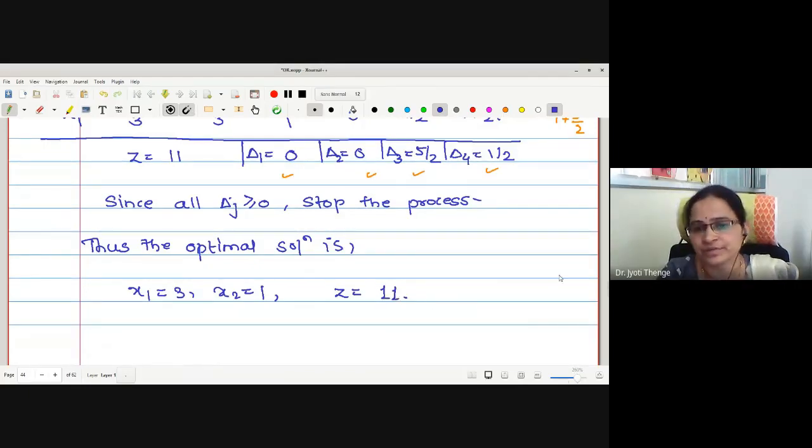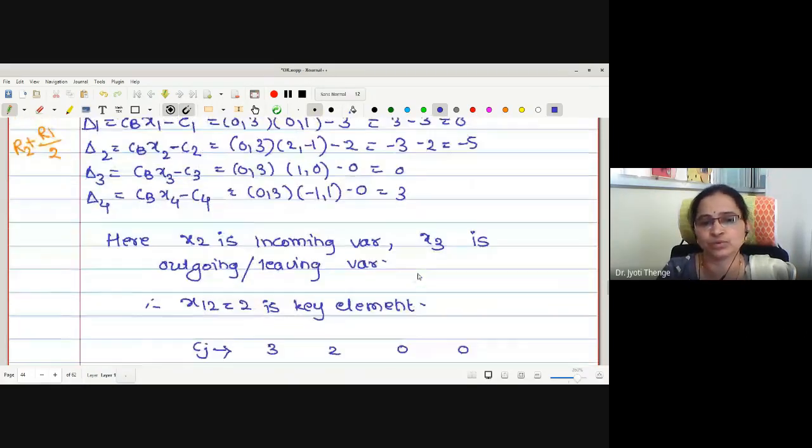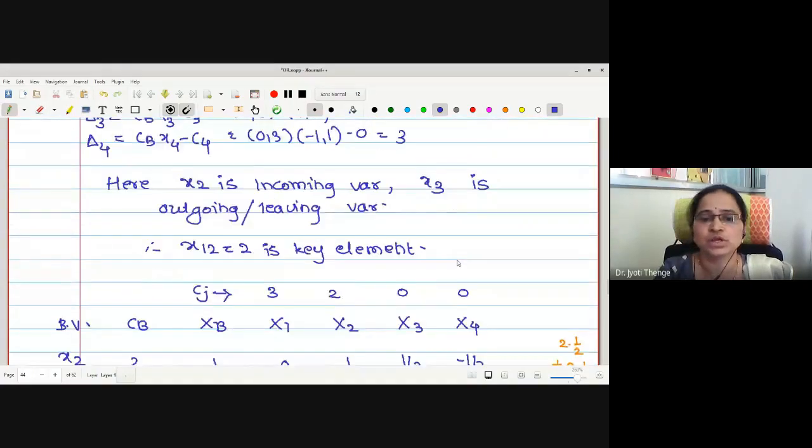Okay, understood everyone? When we have to stop the process, when we have to do calculations and all. One thing to remember while performing row operations, whatever the row operations you are going to use, you should use this row involving key element and then perform the row operations while converting the remaining elements to 0. Use key element to convert the remaining elements to 0.